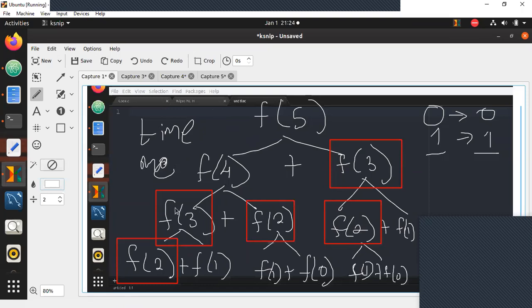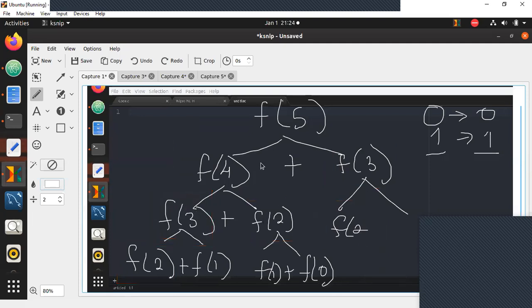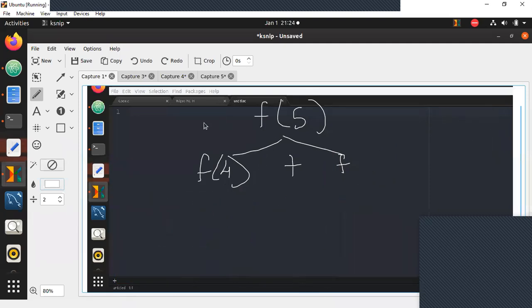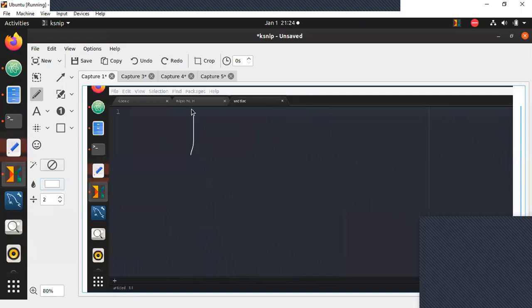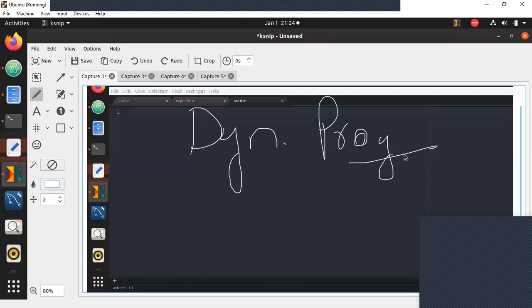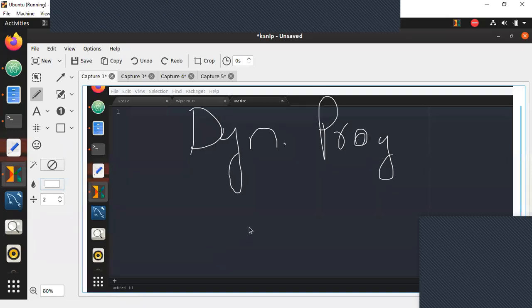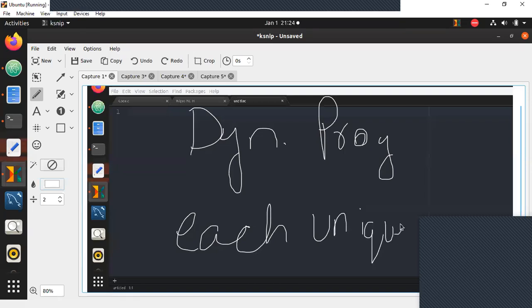So we need to find a way where if Fibonacci's third number is calculated, it's only calculated once, not more than once at all. So what we're going to do for this, as some of you stated, is try figuring it out using dynamic programming. Dynamic programming is a concept where each unique step will be performed only once.